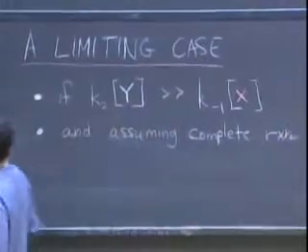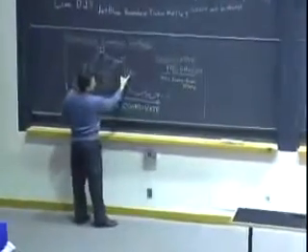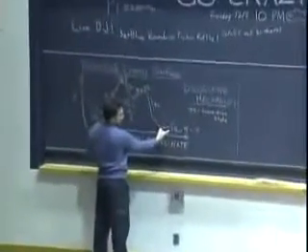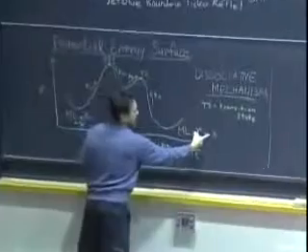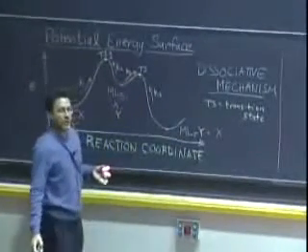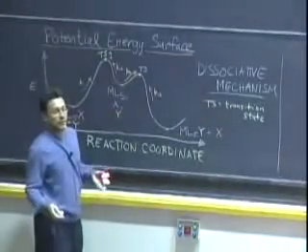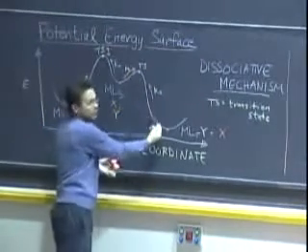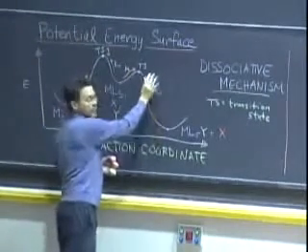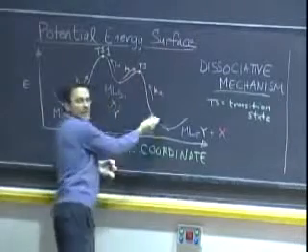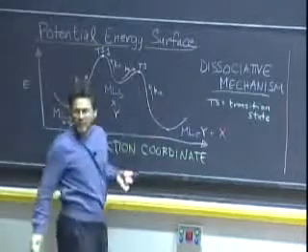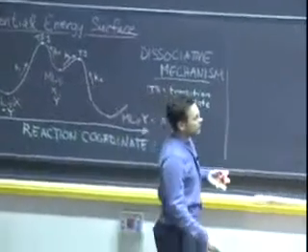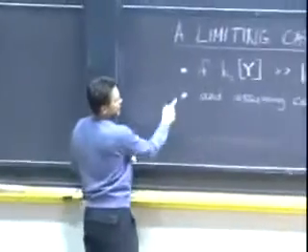What does that mean? That means that K minus 2 times the concentration of ML5Y times the concentration of X at the end corresponds to essentially a negligible back reaction, such that when we get to products we stop, this is a very deep well, and we don't go back anymore once we get over to the products. Under those conditions, we've made 2 simplifications. Then